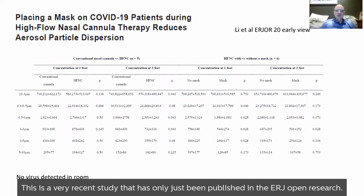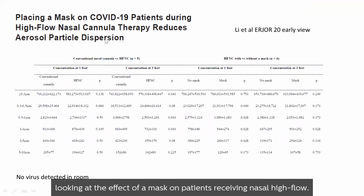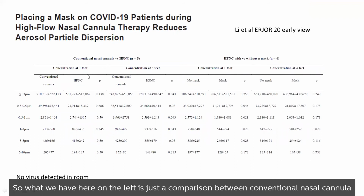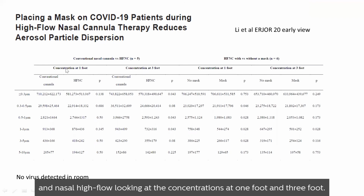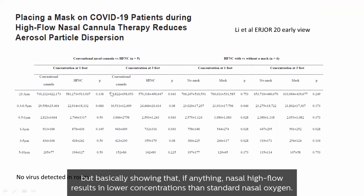This is a very recent study that has only just been published in the ERJ Open Research. It's the early view. This is from Dr. Lee and colleagues looking at the effect of a mask on patients receiving nasal high flow. So what we have here on the left is just a comparison between conventional nasal cannulae and nasal high flow, looking at the concentrations at 1 foot and 3 foot, but again, look at particle sizes only up to 10 microns, so not telling us anything about larger droplets, but basically showing that if anything, nasal high flow results in lower concentrations than standard